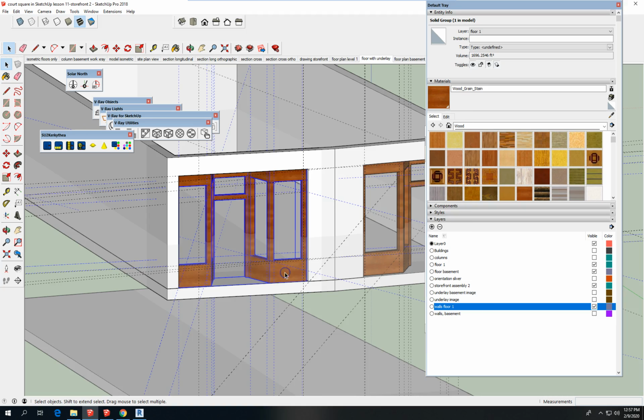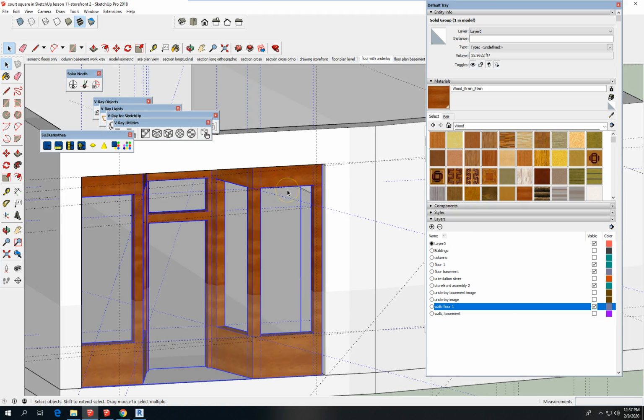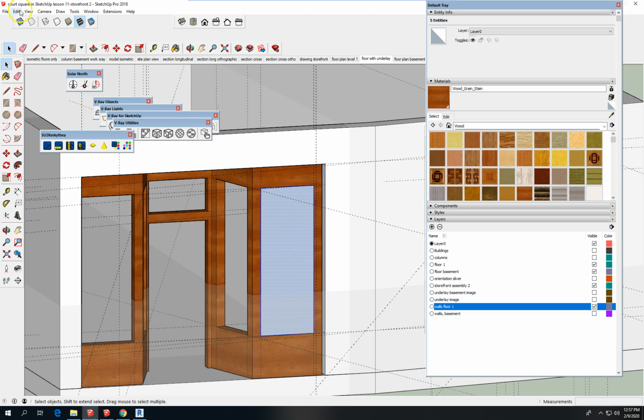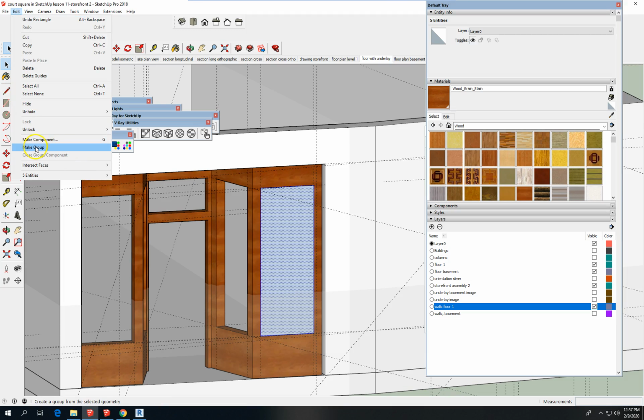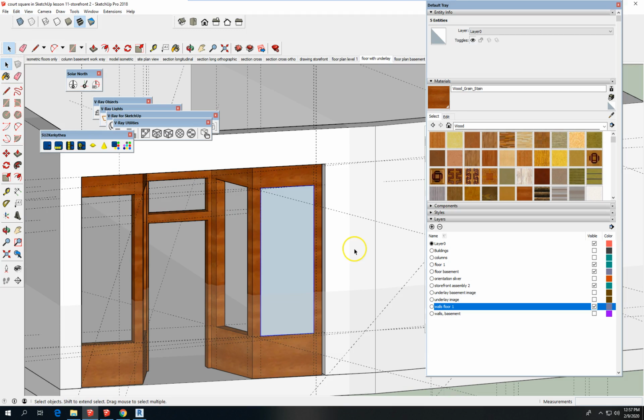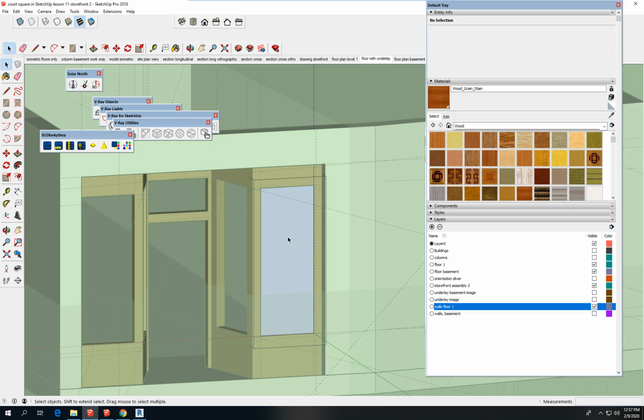The easiest way is to draw right into it and then quickly make that element a group or a component. So I've drawn a rectangle, double-clicked. Make it a group. You can call it something if you want, glass panel. The point is, now you can select it,